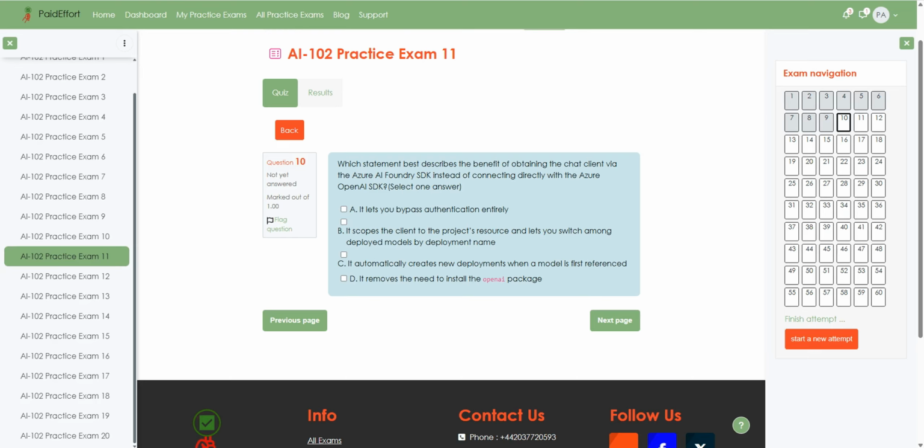The correct answer is B. It scopes the client to the project's resource and lets you switch among deployed models by deployment name. Now let us understand why this is correct. Using the Azure AI Foundry SDK scopes the chat client directly to the project's resource. Therefore, authentication is handled in the context of the project, and models are selected by deployment name rather than by